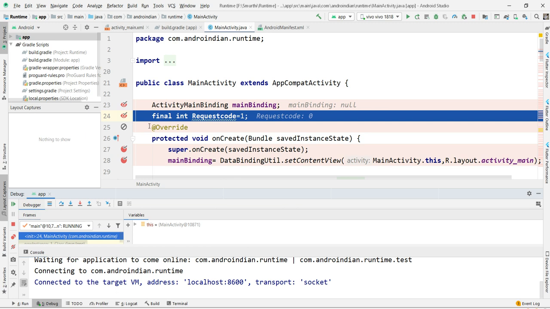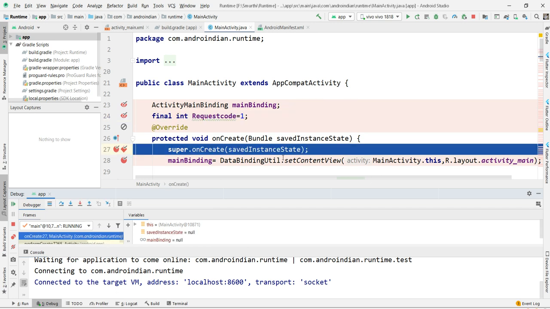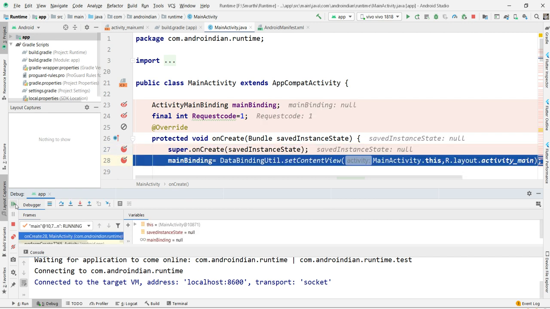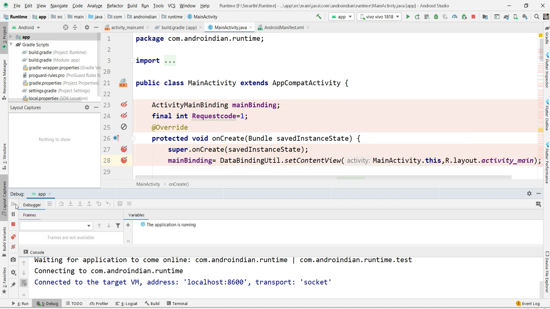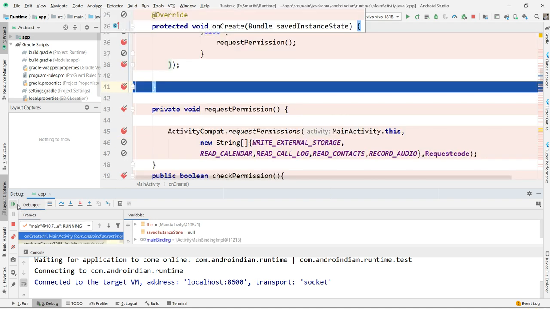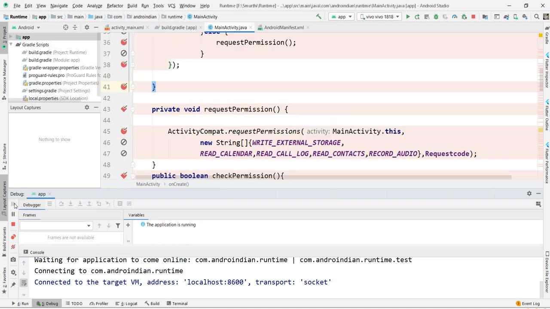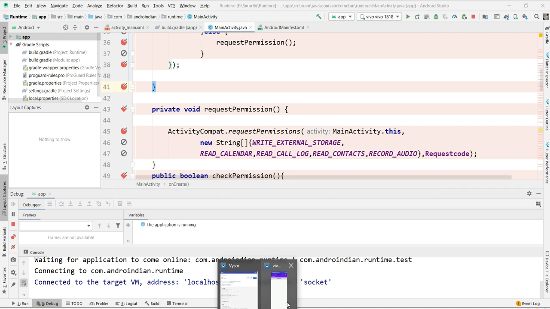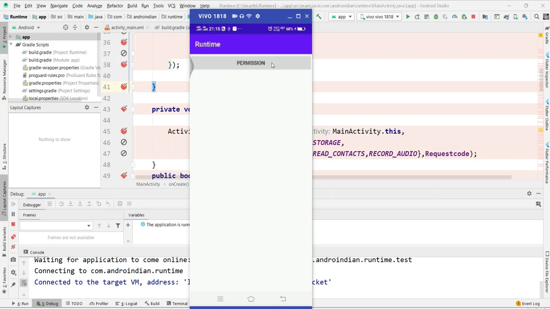See now our program is executing. Where is the blue line? It is executing there. Now I'm clicking on this. It's jumping into the super.onCreate method. So now the onCreate method is executing. Now I'm clicking on this onCreate method. See, now the main method has executed. Once this main method has executed, this debugger point is disabled. See now it's open here. Now I'm clicking on this.